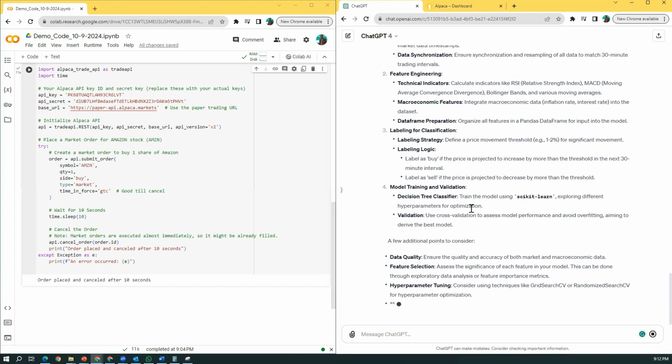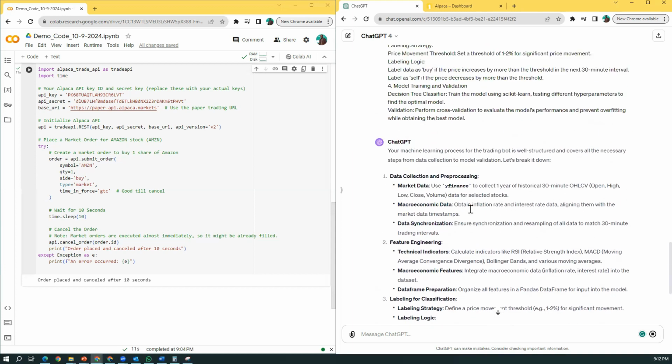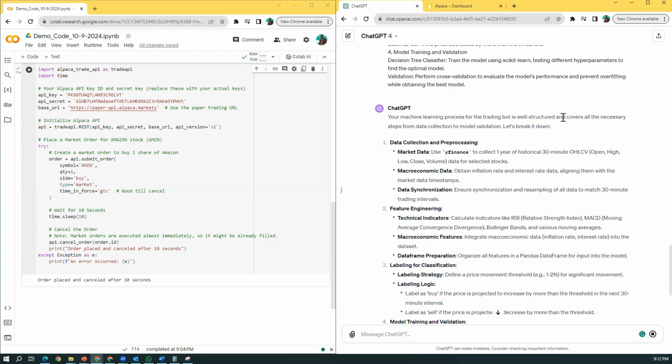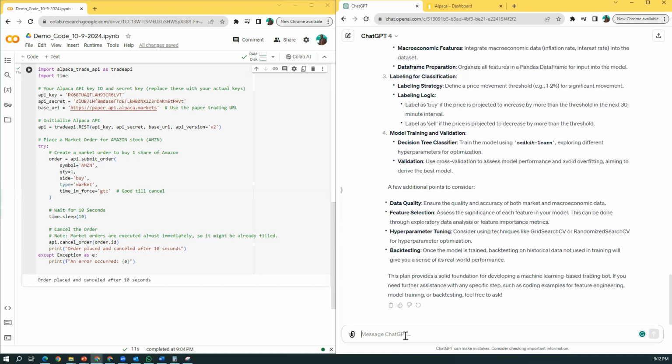and once it finishes writing, it will tell us, yeah, so it says this is well structured, covers all necessary steps from data collection to model validation. It is breaking it down. Okay, so